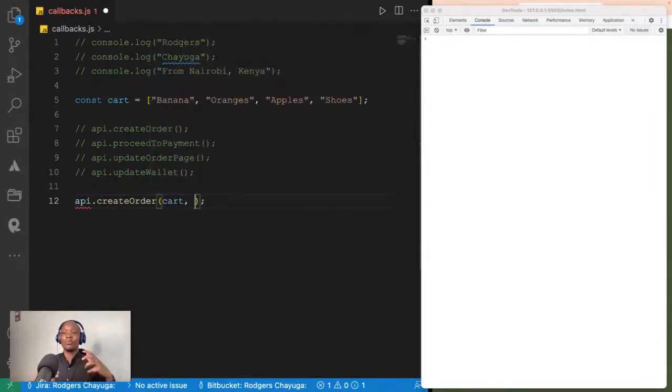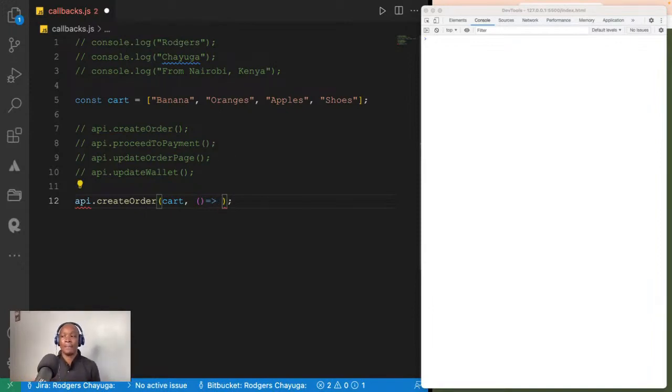Then, because create order takes the cart and the next function, we can know what we are going to do with the cart. We are going to proceed to payment. We are going to have an arrow function. Then this arrow function is going to return